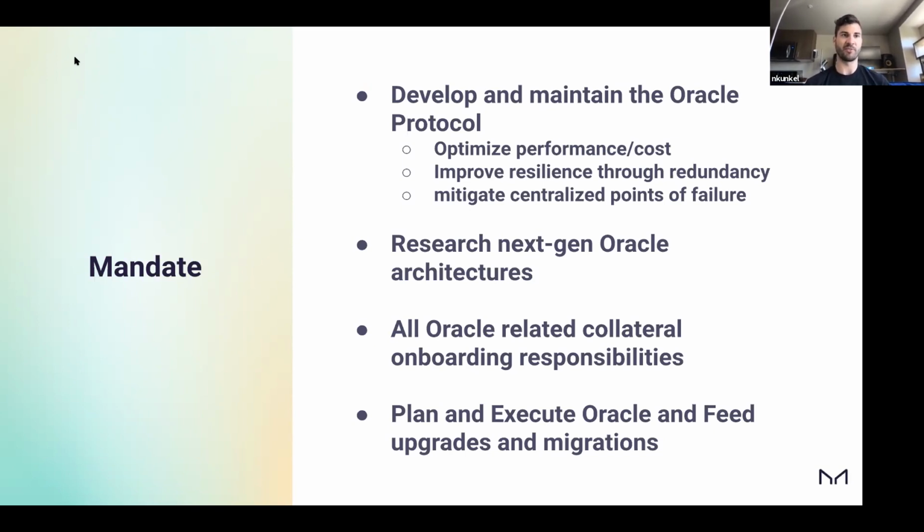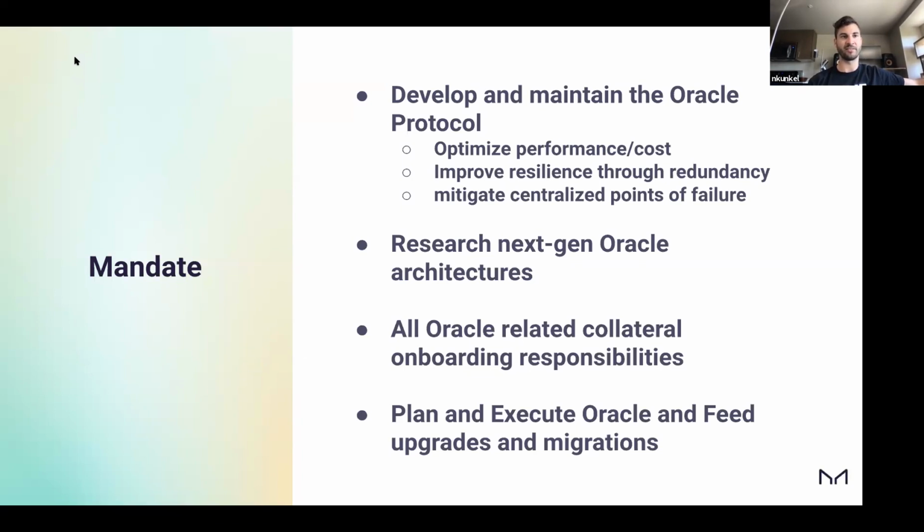We're also going to be responsible for doing research. I think that this is something that MakerDAO had a lot of back in the day, and it really enabled us to be in this privileged position that we are today, and that we had a very significant amount of our funding put into research. And that research didn't just help Maker move forward, but it helped the entire ecosystem make this order of magnitude shift forward. And I think we've neglected that the past year or two in the foundation.